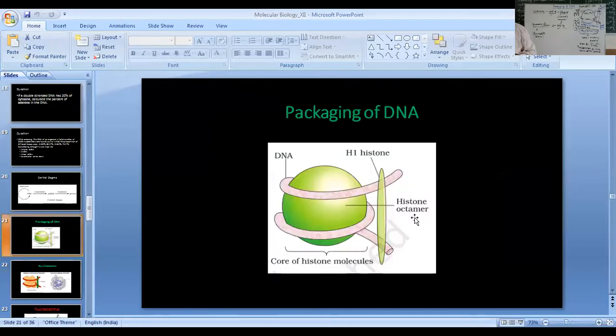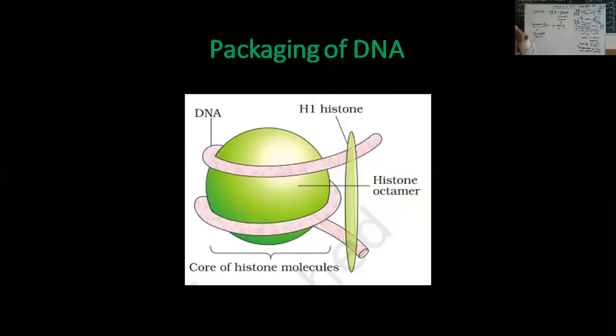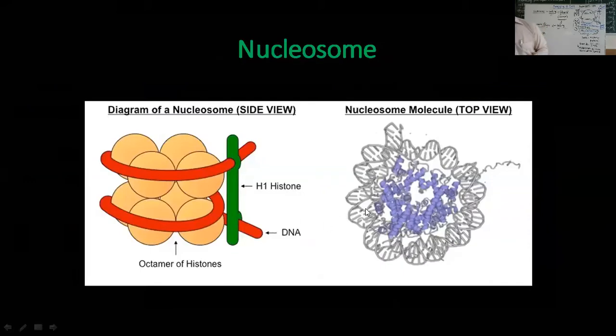Okay, fine. So here we have a structure, and this structure we have already seen. This is the histone octamer along with the H1 histone that gives rise to the structure called the nucleosome, right? And you can see a better image. On the left, you see the histone octamer. As I said, there is going to be H2A, H2B, all these things, and on the right side you are going to have the H1 histone and the DNA.